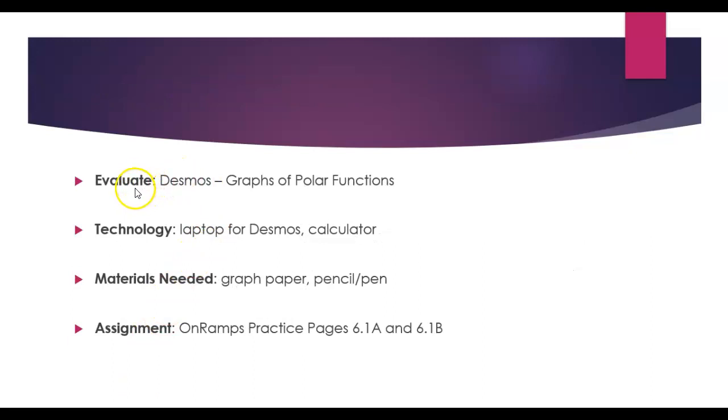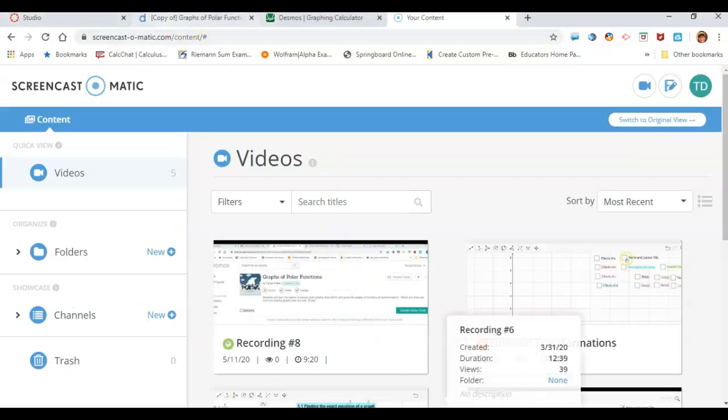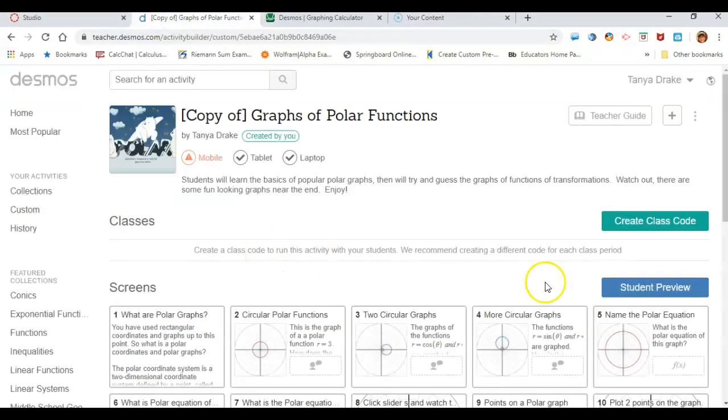Finally, the evaluate part will be through the Desmos program that I will show you in a few seconds. The technology needed will be the laptop for Desmos and a graphing calculator. Materials needed: graph paper, pen, pencil, and then of course there's an assignment at the end using our on-ramps practice pages 6.1a and 6.1b. So now we go to the lesson, and this is our lesson, and I will put you in student